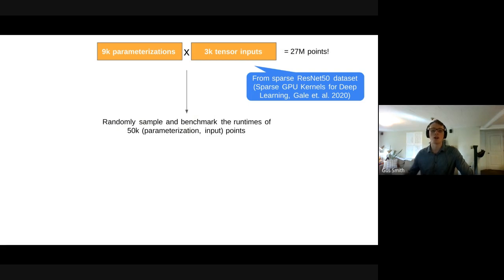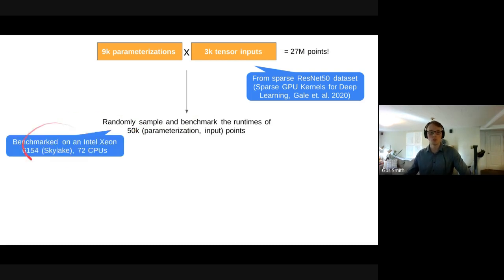There's a lot to be talked about here. We're generating these 50K points in a very high fidelity way. So we're doing less data but higher fidelity data. We're doing it on this machine, and we're making sure the machine is very quiet. We're only running this in a single process. We're not doing any process level parallelism, and we're gathering very high fidelity data. Maybe we could do this in a lower fidelity way and gather a lot more data.